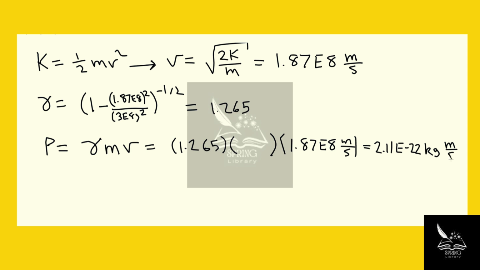If you're wondering why this momentum is so small, it's because we're dealing with a single electron. So with this electron mass, 9.1 e to the negative 31 kilograms, even if the velocity is enormous, the mass is so small that this momentum is going to be pretty small. But when we actually compare this to the non-relativistic momentum, just mv,